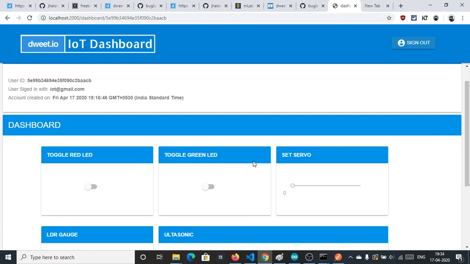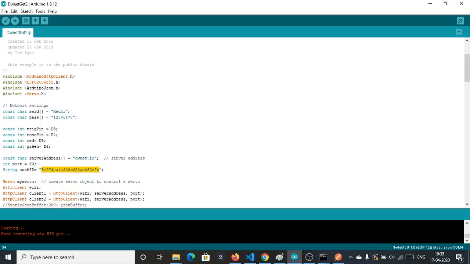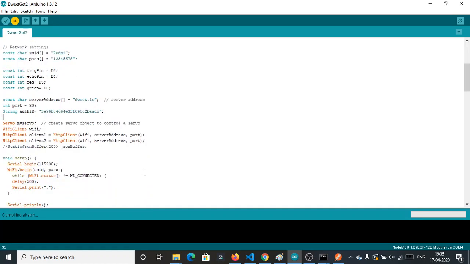I am copying this user ID, pasting it into the auth ID field of the sketch which I have provided, and uploading this sketch to your NodeMCU.